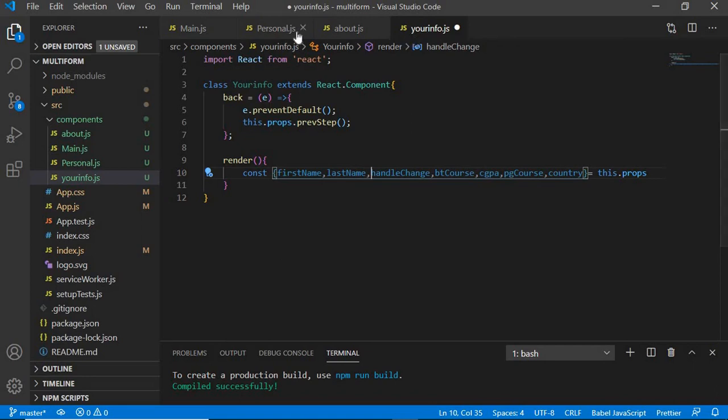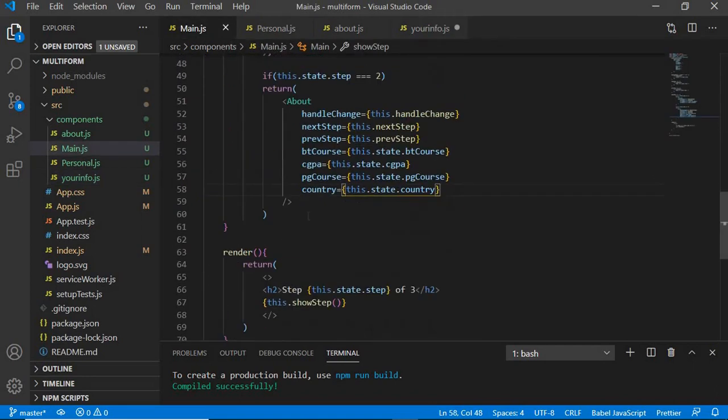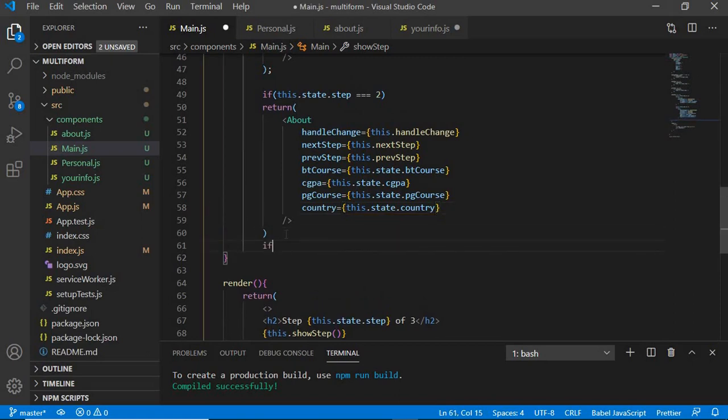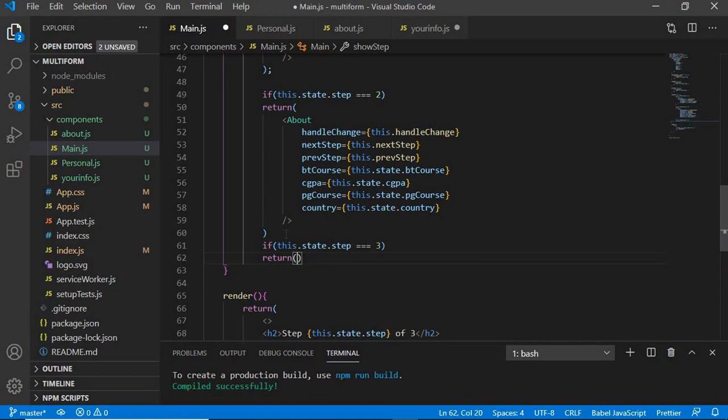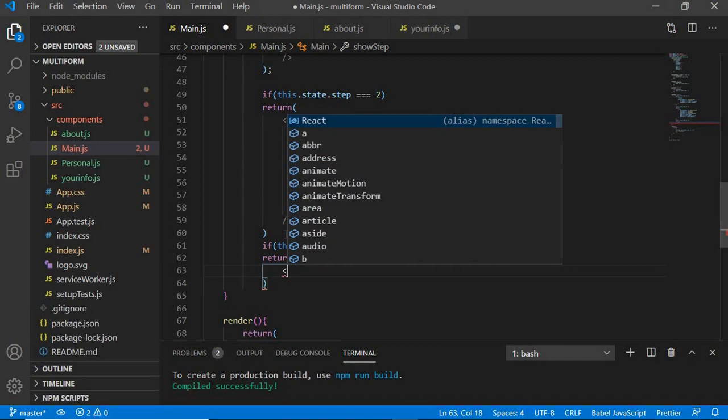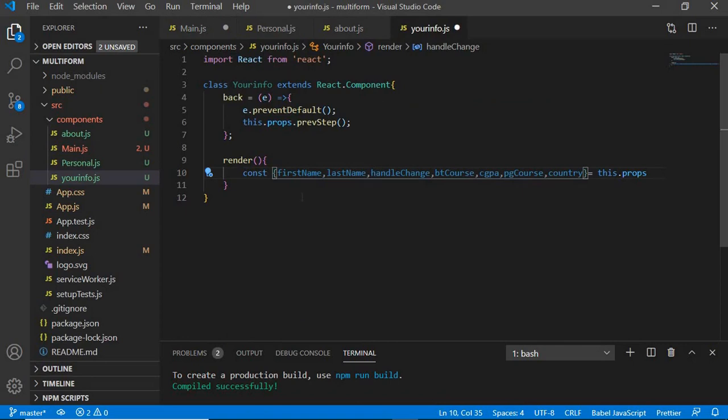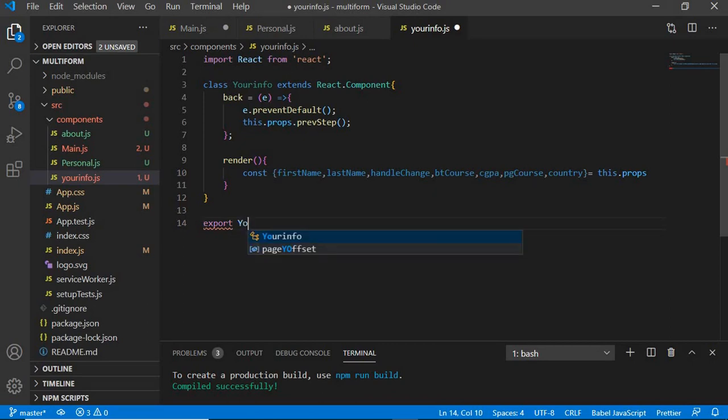Now once this is done, just before this, let's go back to main.js, and if it is in step 3, so what's going to happen if it is in step 3? So this.state.step is equal to 3, and right here we will be returning the YourInfo component. That will be YourInfo, okay, we haven't exported the YourInfo component. Okay, so let's export that first. So export default YourInfo,